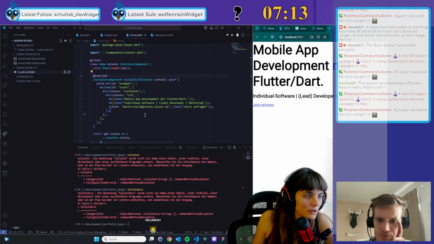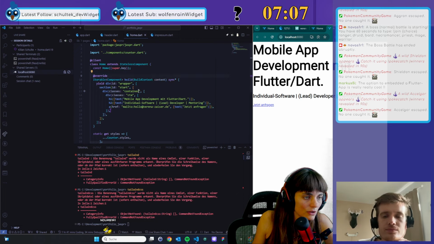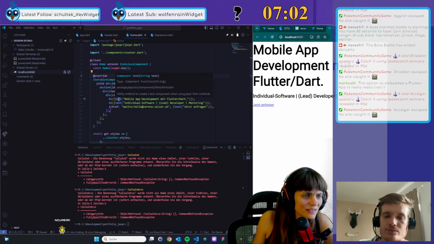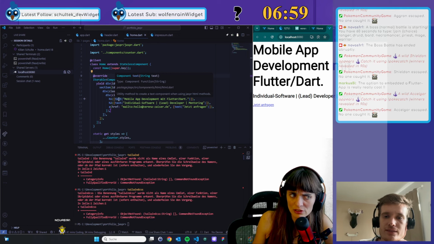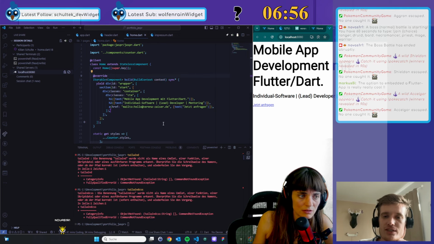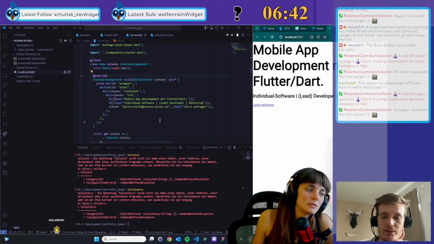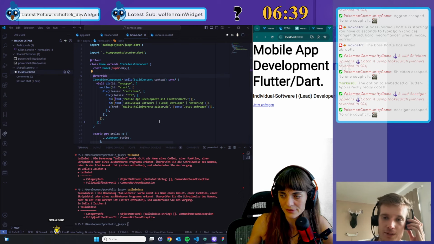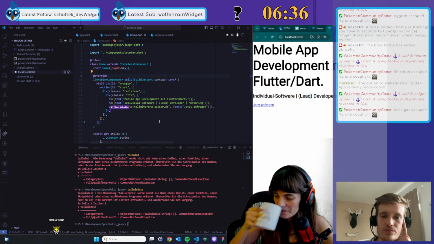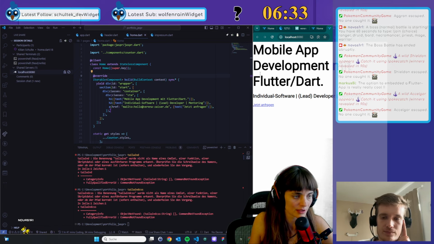Okay, real quick question. Div, section, H1, H2, A, this is all basic HTML knowledge. And text, is that some special thing, or is it just like in HTML, a string? This is just a wrapper, because each component expects child components, so you can't just put a string in there, because of type safety. Makes sense, but this doesn't add any HTML text or something. Okay, makes sense. Thanks.